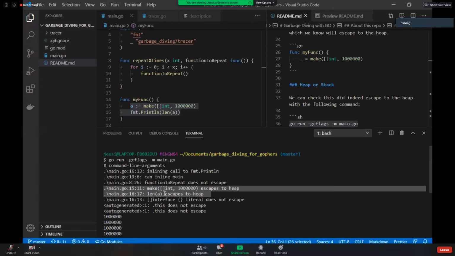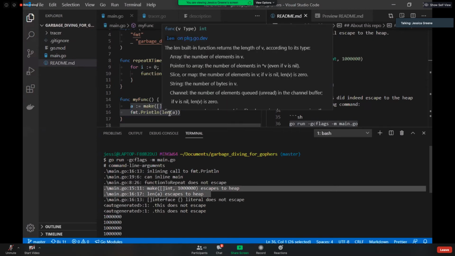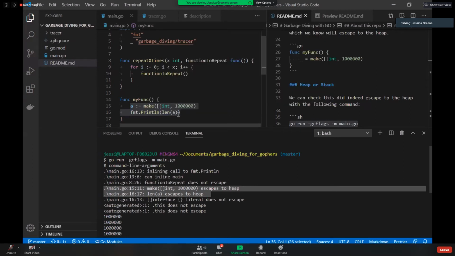Yeah, perfect. Thank you. You can see here that, yes, indeed, this is escaping to the heap. In fact, also this length function is also escaping out as well. So in our case, that's good because we want to be able to observe the garbage collector.